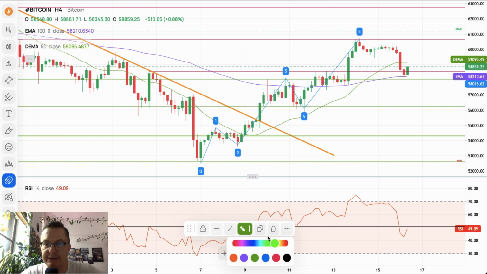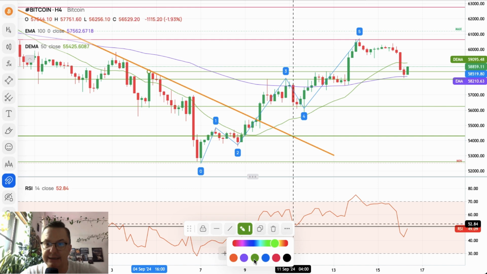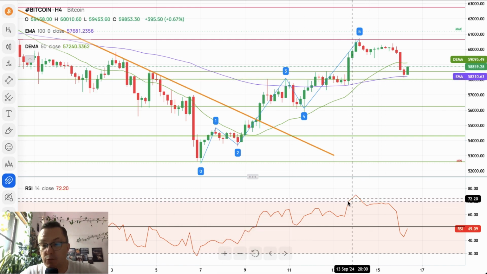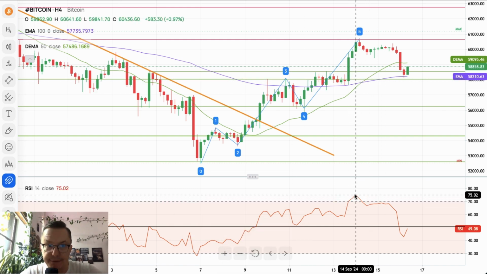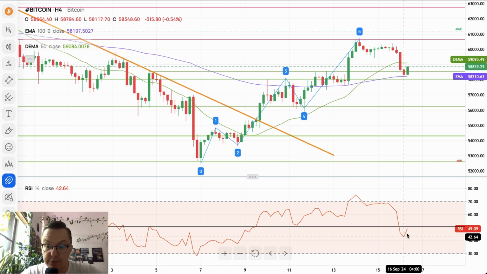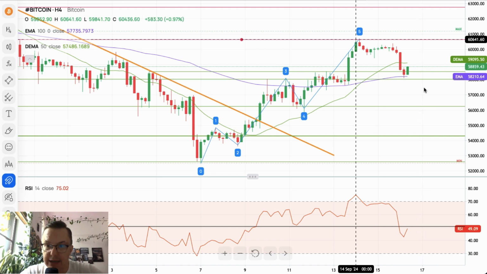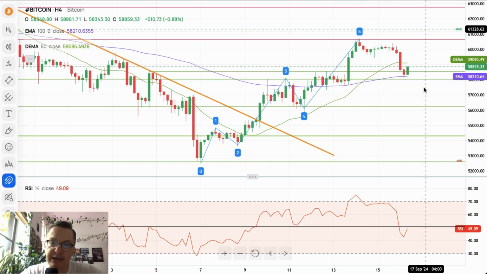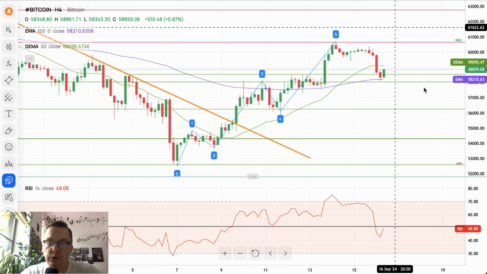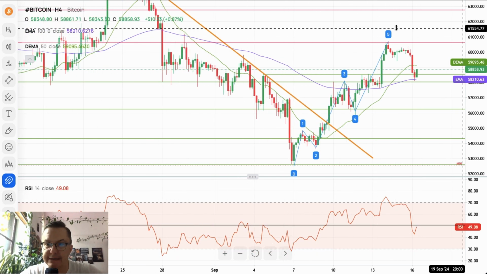57,981 now will act as the technical support, and the other level, which is 58,546, will act as the technical support as well. Momentum went down from the extremely overbought conditions on a 4-hour chart, down below the level of 50. Right now the bulls are trying to terminate this movement to the downside and regain the momentum to increase even higher, to move towards the next target after the